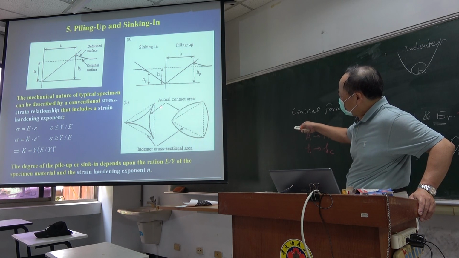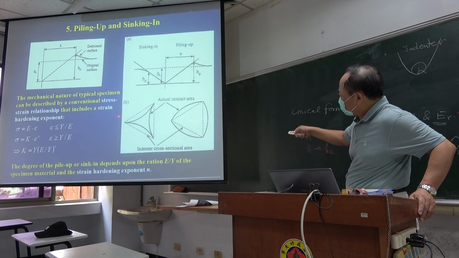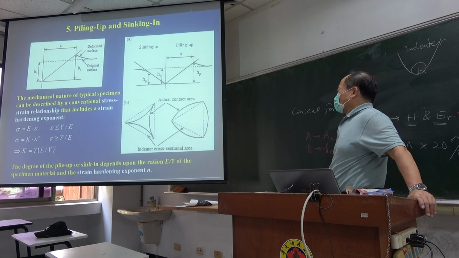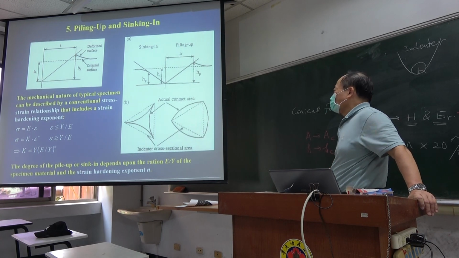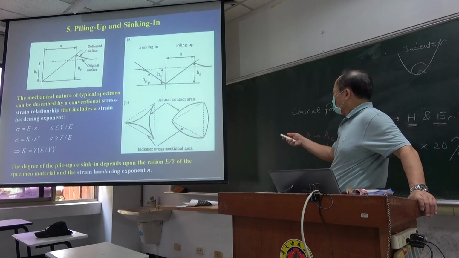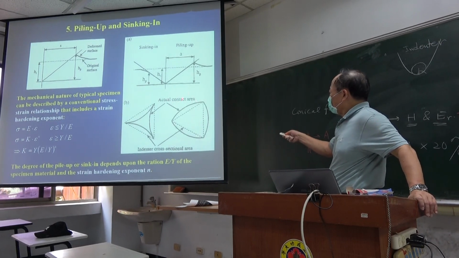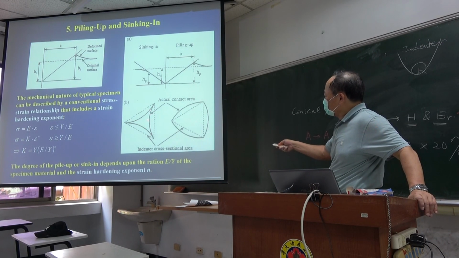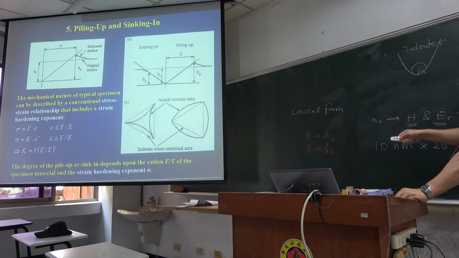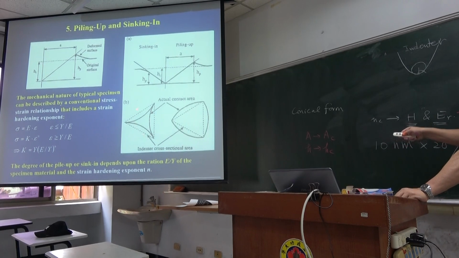It's surrounded by the dash straight line, okay? But in reality, you obtain your real contact area, meaning the actual contact area is surrounded by the solid curve, okay? If it's operating in the sinking case,